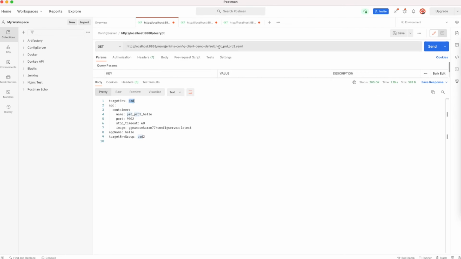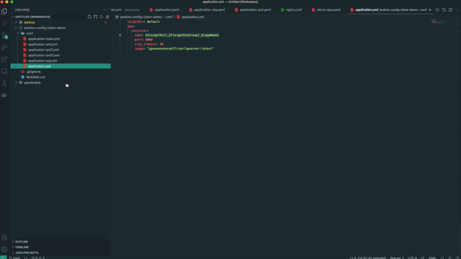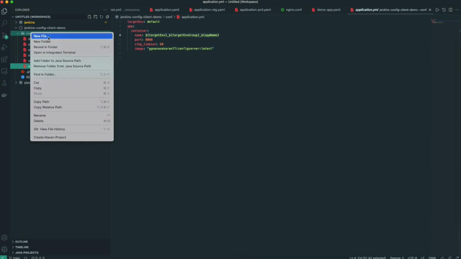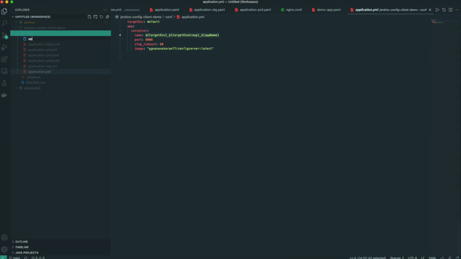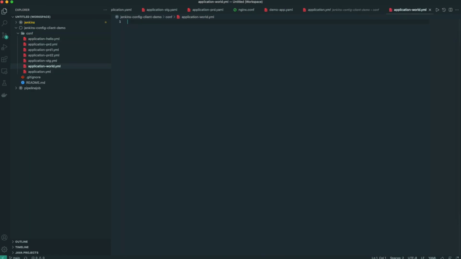For example, instead of hello, where my app name is coming as hello, we'll create another file, a new file, application world.yml. So instead of this one, my app name is this one.